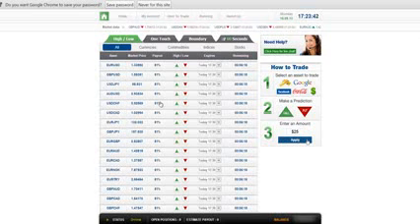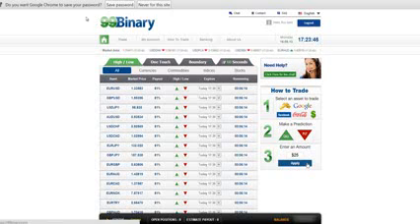Now, one of the really nice things about 99Binary is, as the name says, that's your minimum deposit. So the minimum deposit requirement to open a trading account is $99. I think that's one of the lowest in the industry. And that allows you to open a small account and see if you like trading with them. If you do well and you want to start ramping up your trading, you can deposit more afterwards. You can make a redeposit,